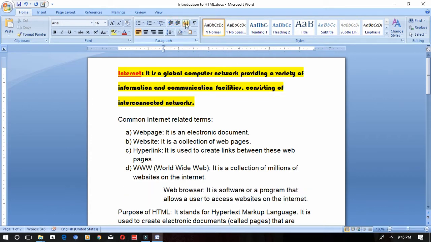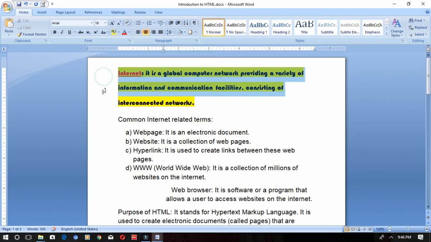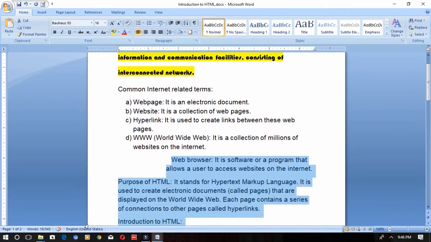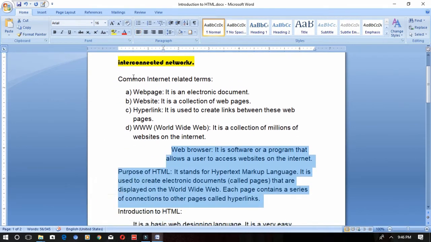Next one is sorting. When it comes to numbers or alphabets, you can sort them over here in this way. Next is alignment: left, right, justified and center alignment. Left alignment, center alignment. If I am selecting the first three lines, I am going to align this.